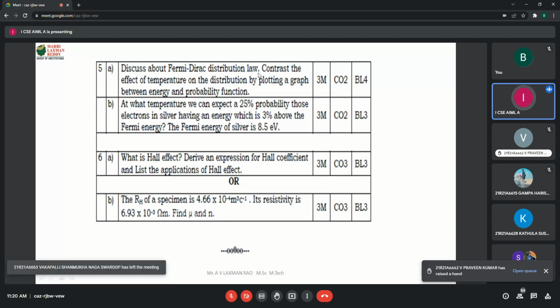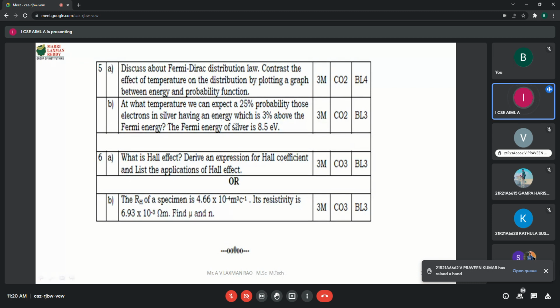Fermi-Dirac distribution law. Okay. Overall, a graph plot is involved and everything was given here, but what you need to do is write about the Fermi-Dirac distribution law and case 1, case 2, case 3, whatever are there. And at last there is one figure, which explains the probability function values with respect to temperature versus the given energy level. Three parameters are there. That figure also you need to draw. Curves will come actually. I think you all know that graph.